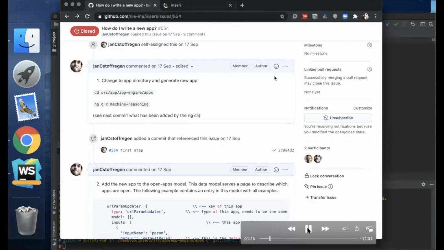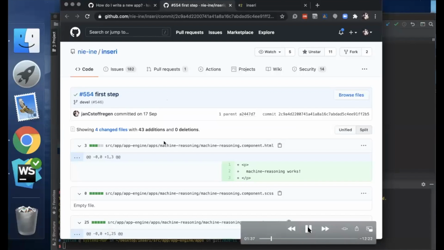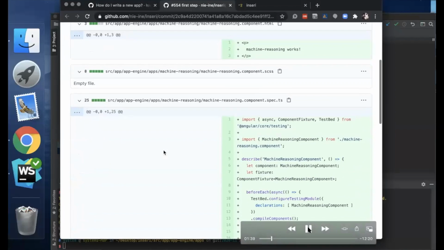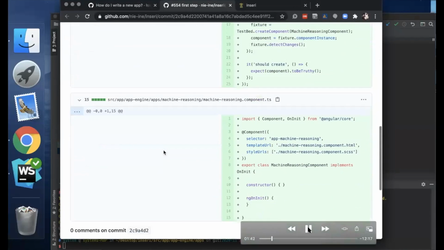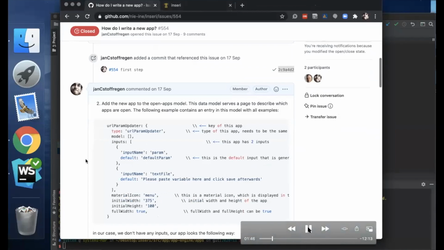Then, I describe it there too. In addition to the documentation in Git, I also always committed the code for each step. So if you click here on the commit hash, you can see there are also 4 files that have been added, just like before. A little bit more already, but yeah. So now,